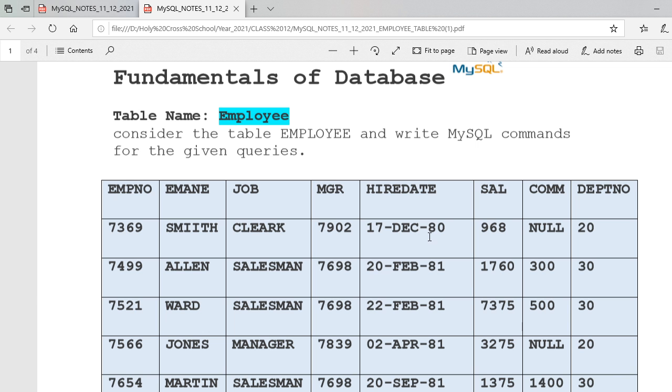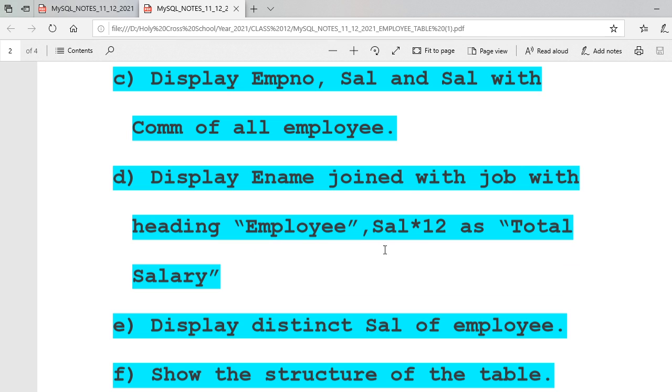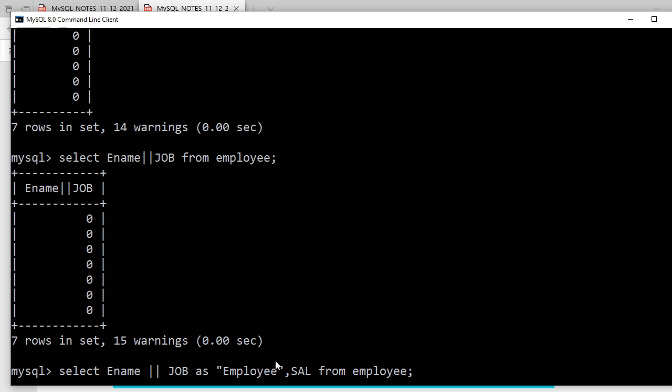Into 12. Sir, display ename joined with job, with heading employee, and salary into 12 as total salary. I have to print, is it? So salary into 12 will be total salary, and in double quotes I am writing here total salary, right?